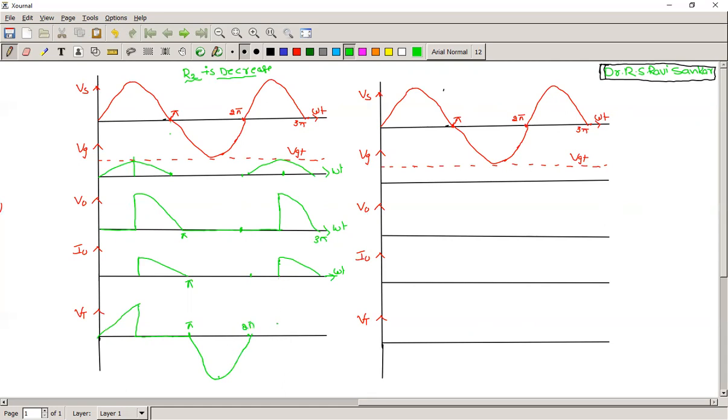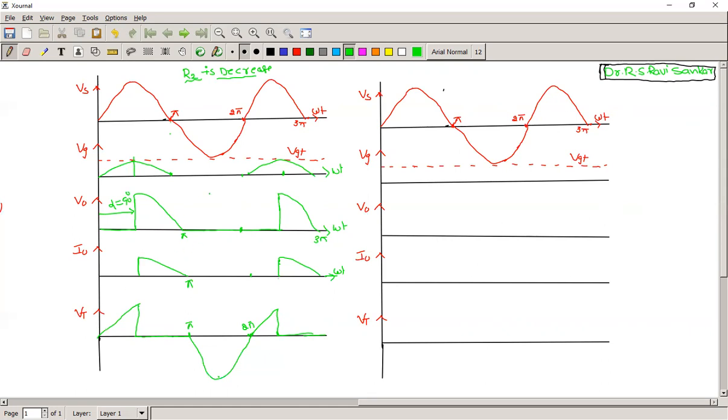Again from 2 pi to this point, the SCR is in the blocking state but not on, so the voltage across the SCR follows the input voltage, that is positive. Again from this point it is 0. In this case, the firing angle is 90 degrees. Alpha equals 90 degrees.